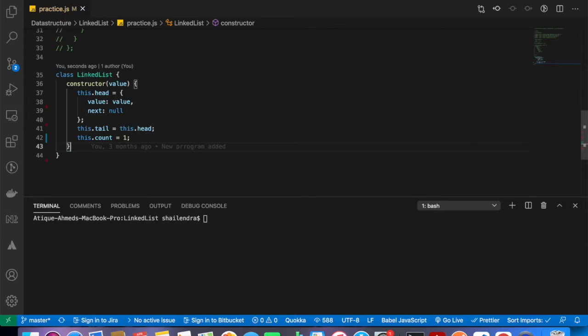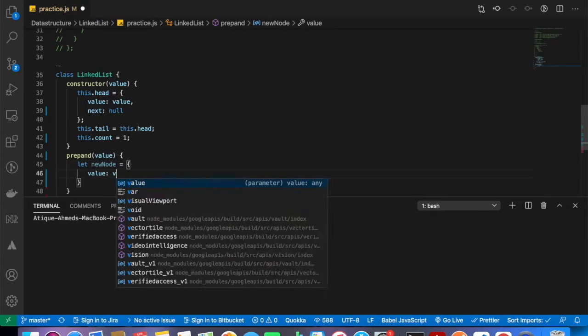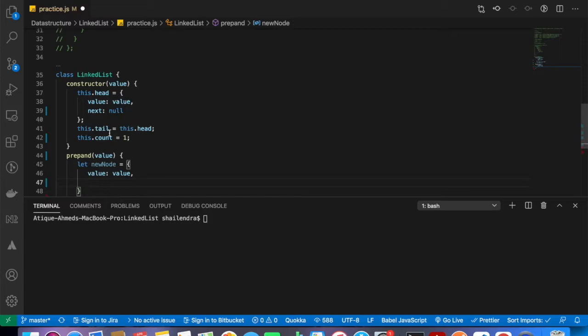So let's go and insert an element at the beginning of the linked list. The method we call prepend will take a value, and let's declare a new node which will have value equal to value, which is this one, and next equal to null.